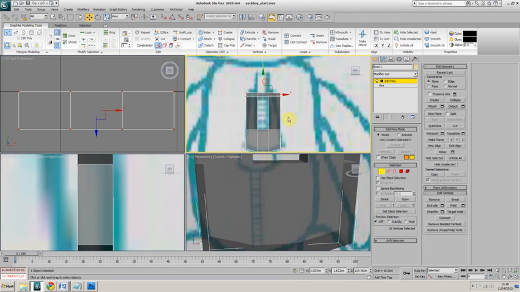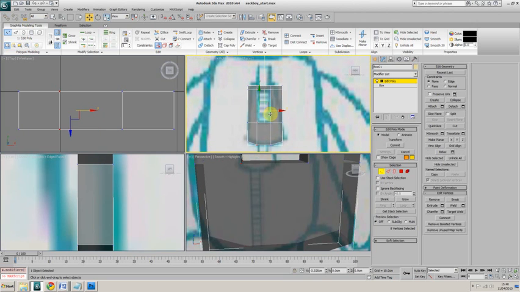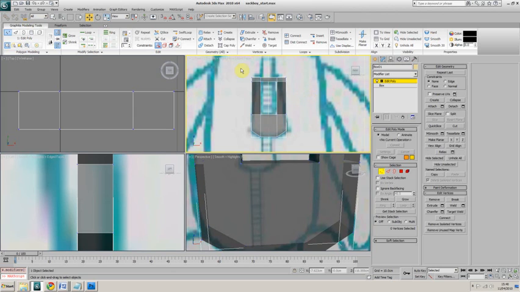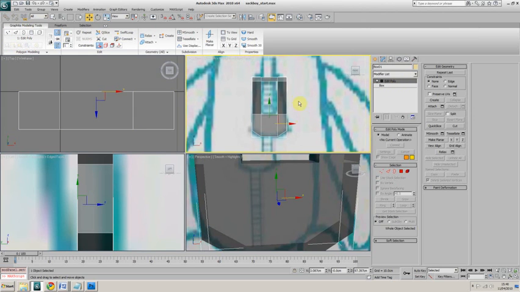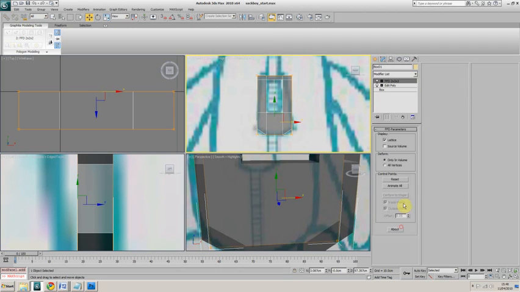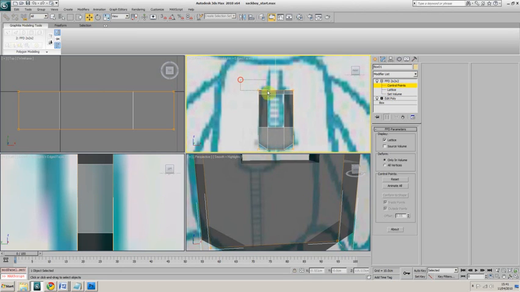Bring that down a little bit. For the sake of symmetry, we'll make sure it's pulled up to there. And the next thing I'm going to do is just use an FFD modifier here. That's freeform deformer, and that just gives you these points to kind of mass edit an object without having to tweak every single vertex. So just like an edit poly, it's got sub-objects, and if I go to control points,